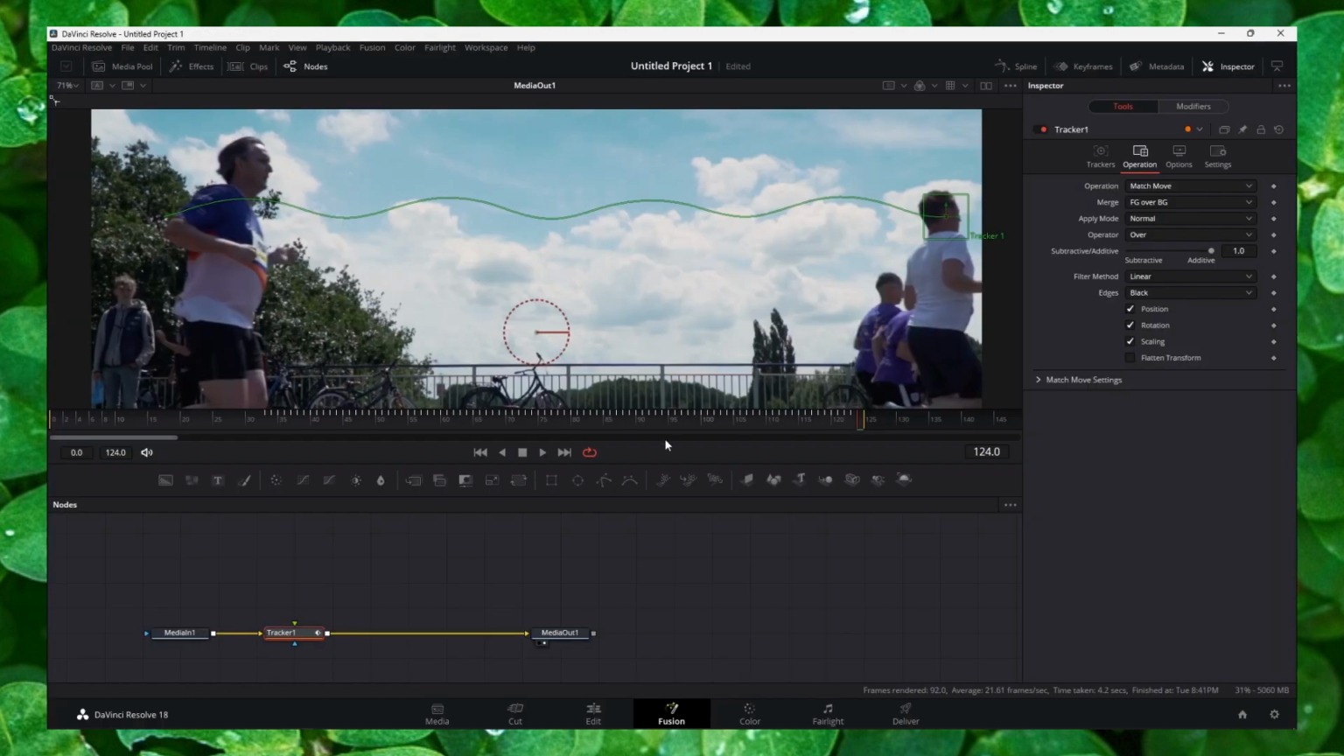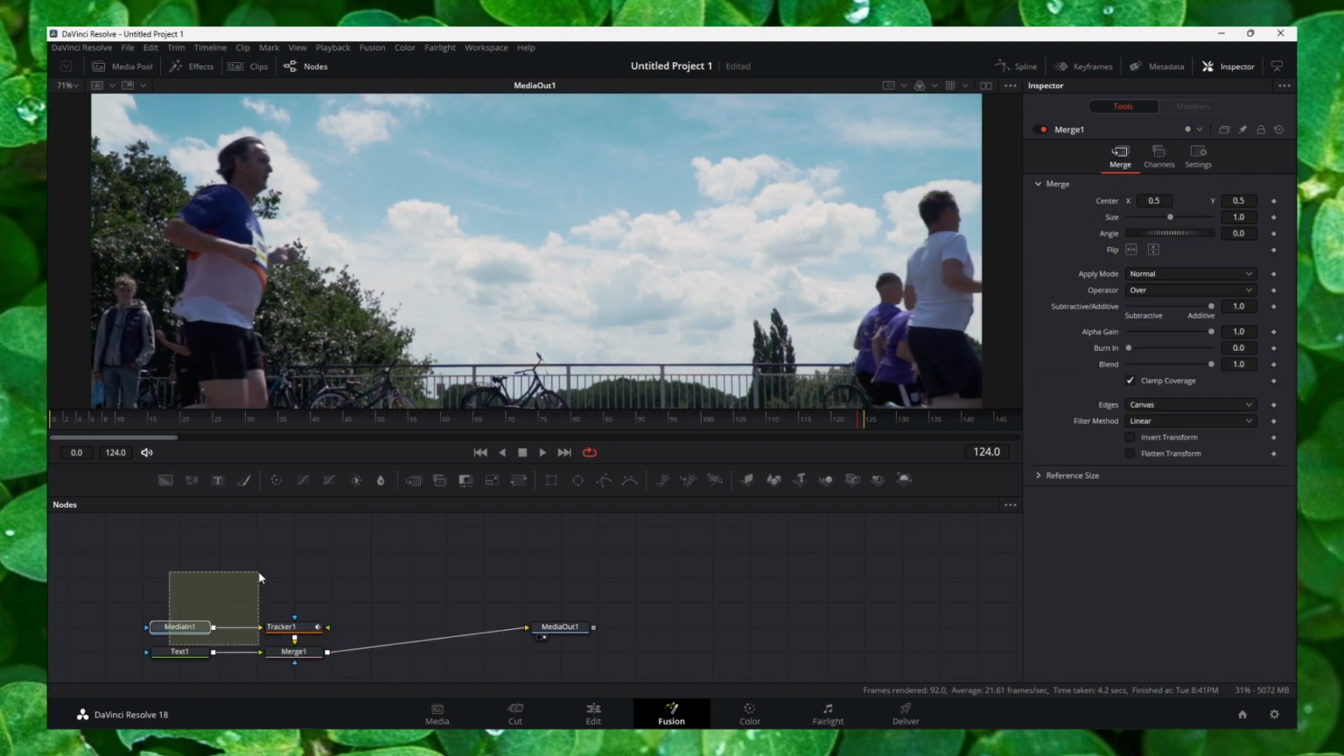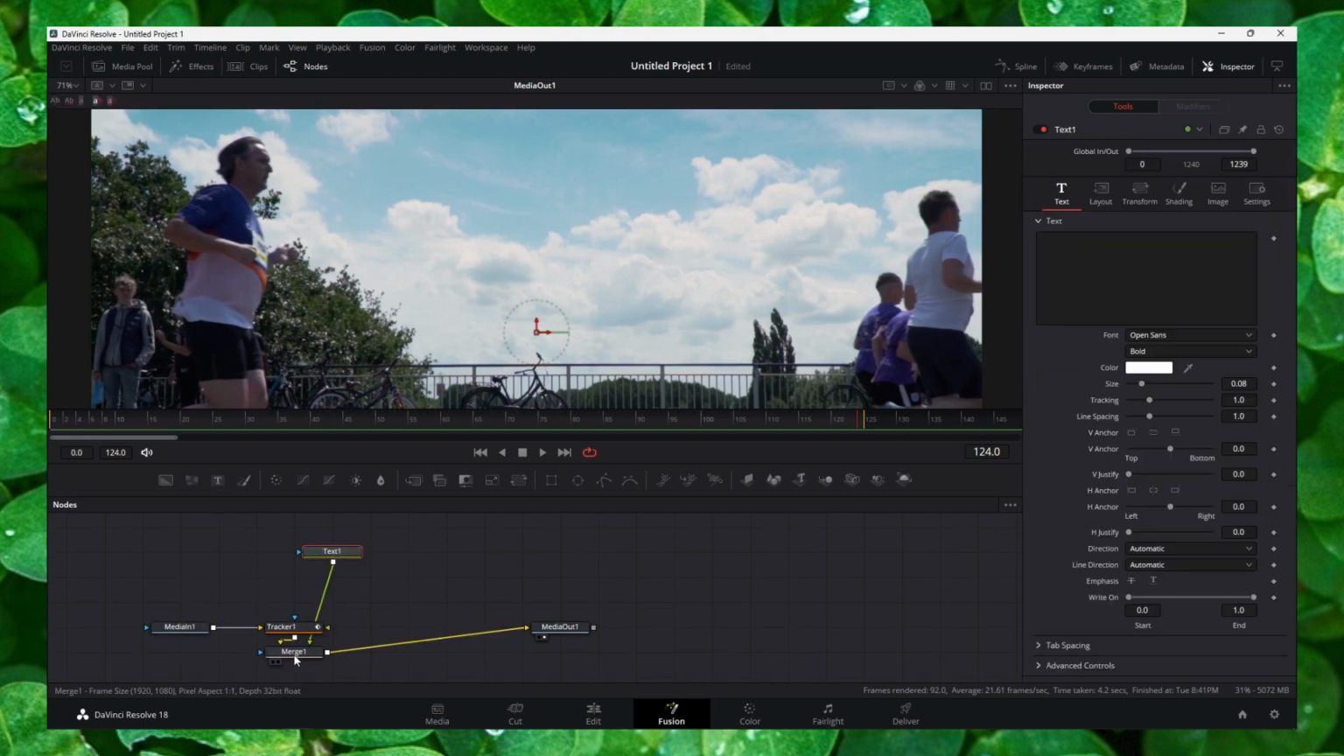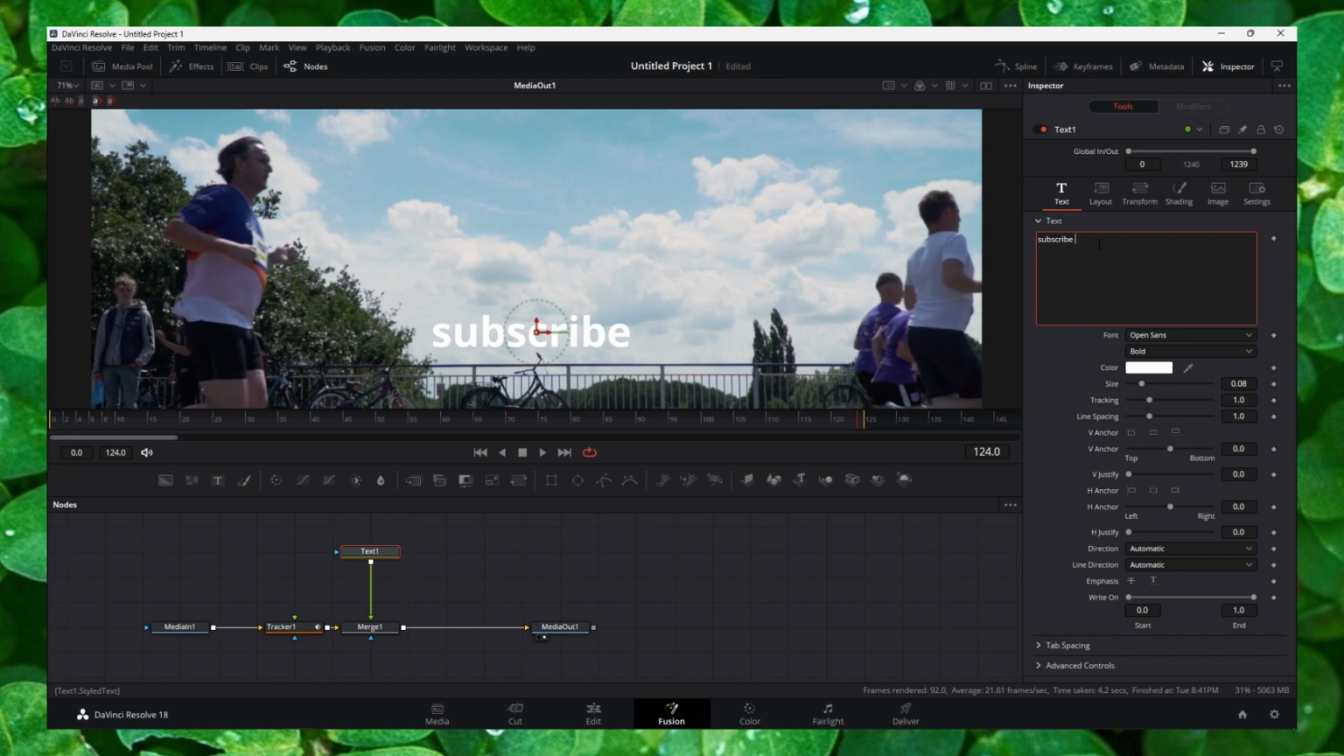go to text. So select tracker and click on text, and then here I'm going to move the text, merge here. Here I'll write subscribe please, and then